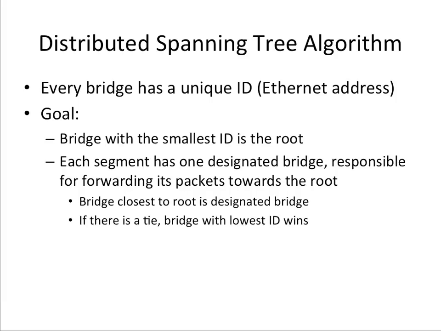In that case, we need to be able to compute the spanning tree using a distributed algorithm. What that means is each bridge only knows about certain information related to the bridges that are in the neighboring areas, or even more precisely, adjacent bridges. For example,